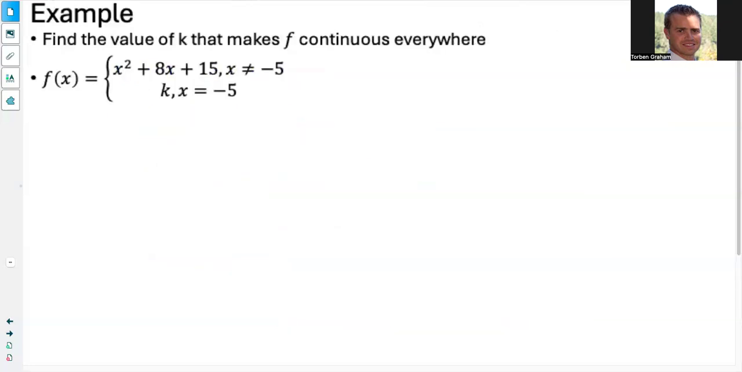Okay, next example, we want to find the value of k that makes f continuous everywhere, and we're given f of x is equal to x squared plus 8x plus 15 everywhere except for x equaling -5. And then our function is equal to k when x equals -5. So in order for f to be continuous at x equals 5,